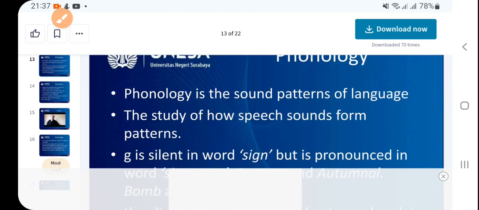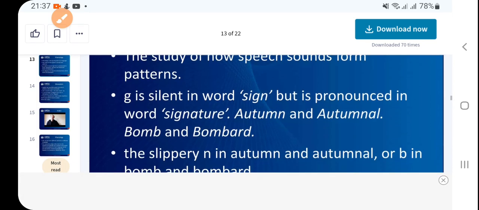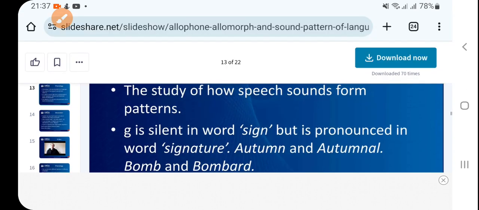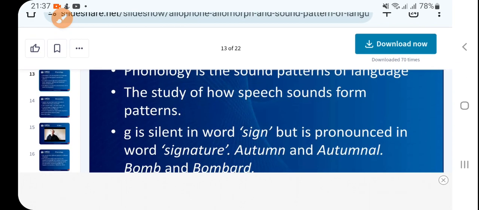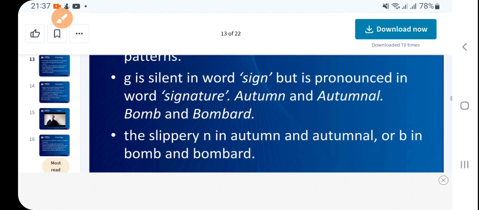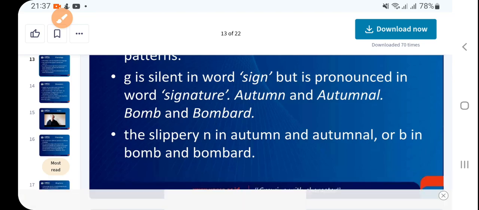Now phonology. Phonology is the sound pattern of language. The study of how speech sounds form patterns, right? G is silent in the word sign, but G is pronounced in the word signature. So this is the sound pattern, right? Very good example. That's how speech sounds form patterns. This is the study of patterns of sound. In the case of sign, G is not pronounced, but in signature, with the same spelling, G is